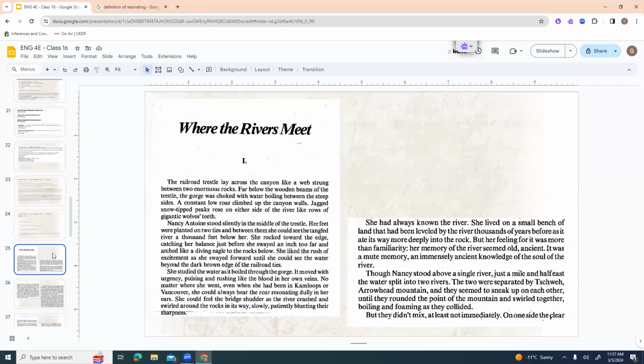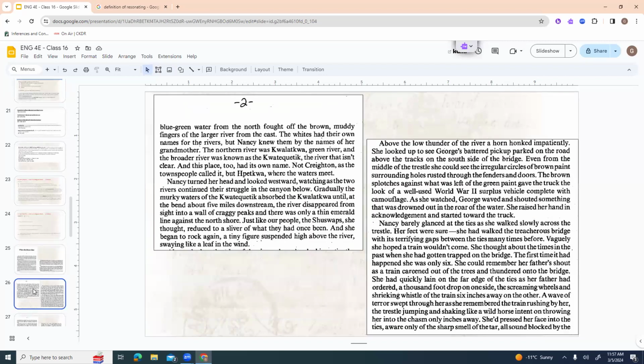Though Nancy stood above a single river just a mile and a half east, the waters split into two rivers. The two were separated by Chequa Arrowhead Mountain, and they seemed to sneak up on each other until they rounded the point of the mountain, swirled together, boiling and foaming as they collided. But they didn't mix, at least not immediately. On one side, the clear blue-green water from the north fought off the brown, muddy fingers of the larger river